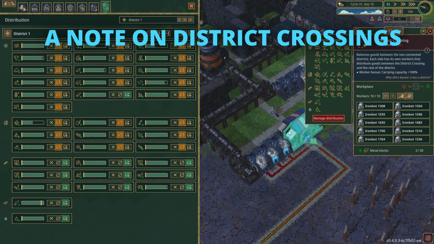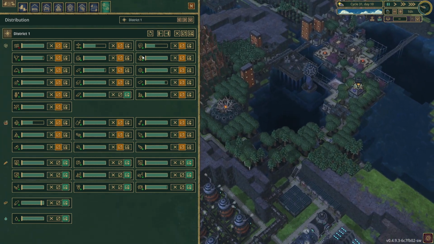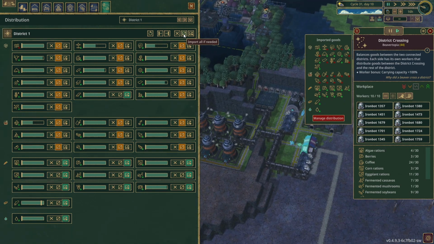Just a quick note on district settings. This is your export bar. If you want them to hold on to most of what they have, say like 90% of it, you put the export bar here, they'll export only 10%. If you're like me and you like creating an area where it's only beavers, called Beavertopia over here, you want to have this on import all if needed. That way it will